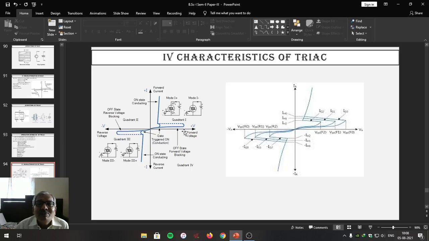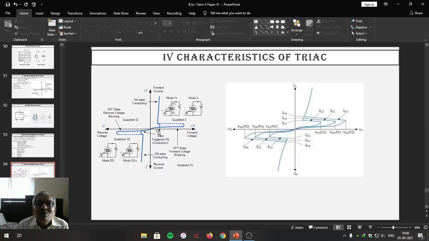When the supply voltage is made equal to the breakover voltage, then the current through MT2 suddenly starts increasing. Voltage across the triac reduces to the on-state voltage VT, and current starts increasing in the first quadrant suddenly, and the triac starts in its conduction region. It is the on-state region. It is the forward current, one can say.